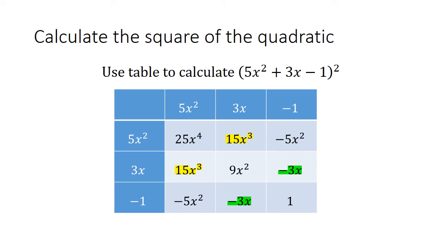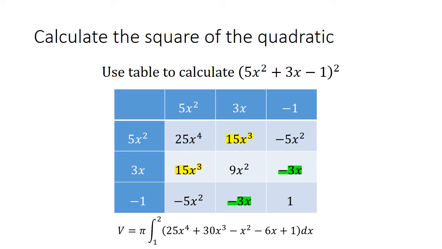Similarly, along on the second row, we multiply all these terms by the second term, 3x. We get these three values. And in the last row, we multiply all of these by minus 1, and we get this series of values. You can see here that